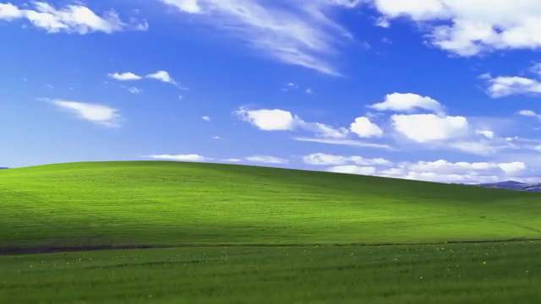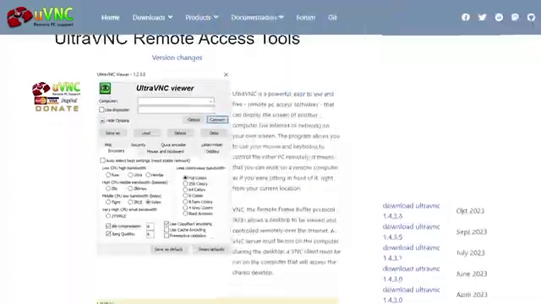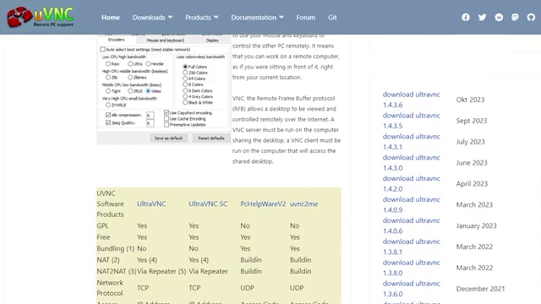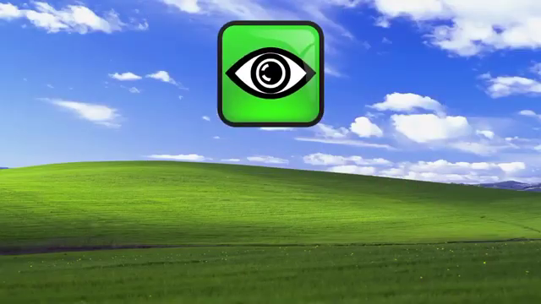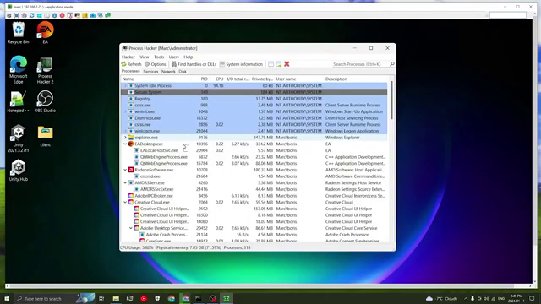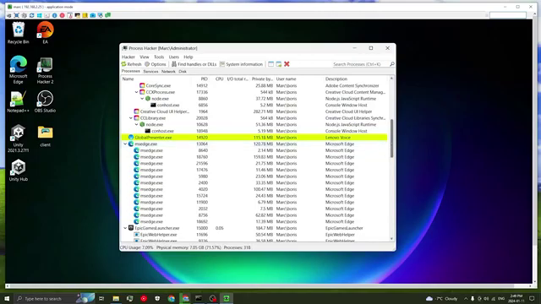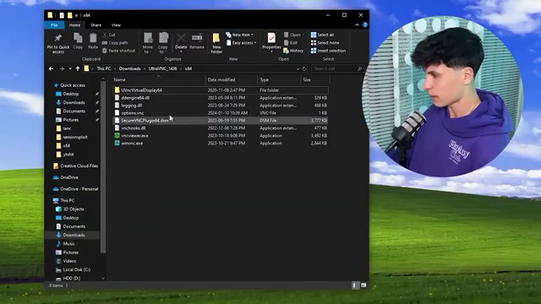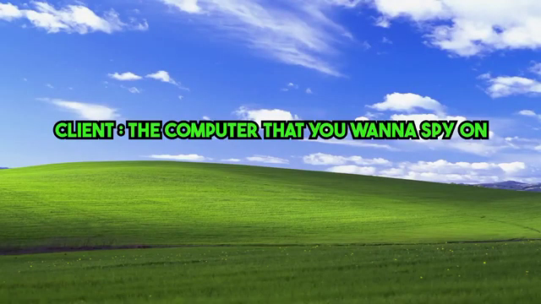Enjoy. We're going to use a tool called VNC, which is a software for remote desktop connection. VNC stands for Virtual Network Computing, which is a graphical desktop sharing system to remote control another computer. So here I have VNC pulled up, and now we're going to have to configure the client. In case you didn't know, the client is the computer that you want to connect to, and the server is